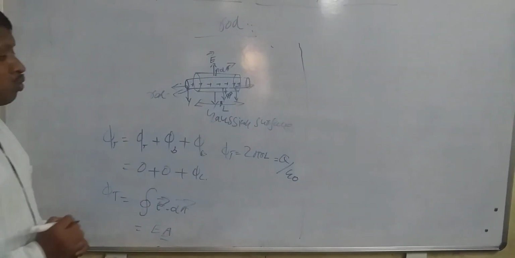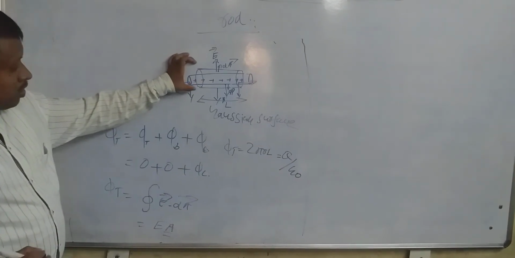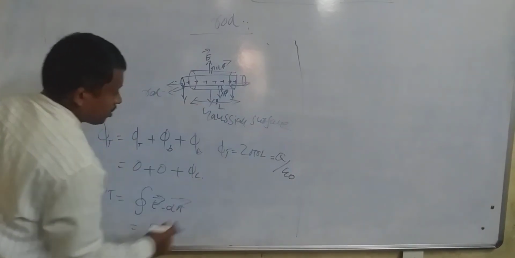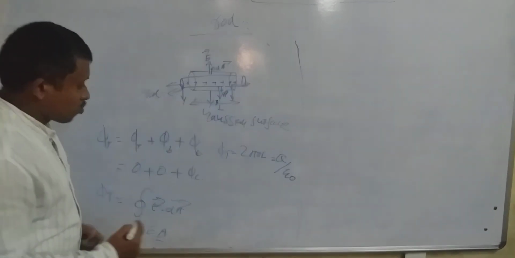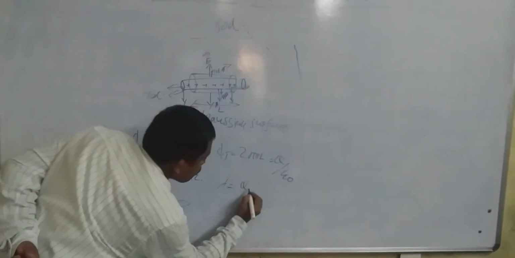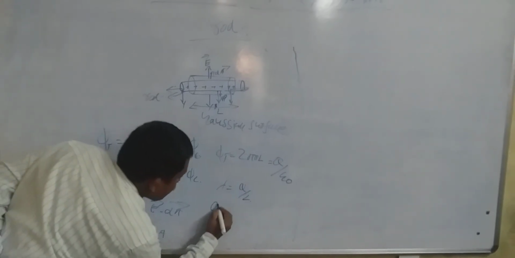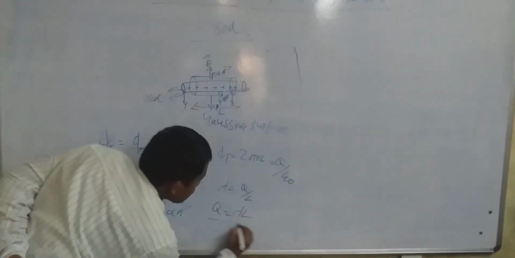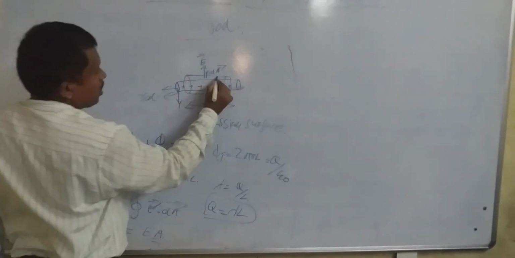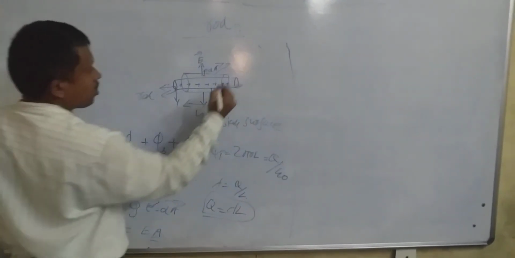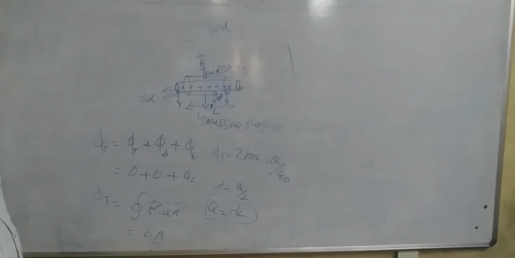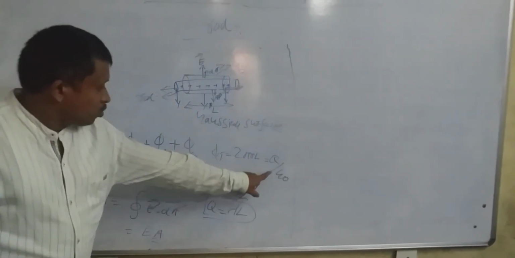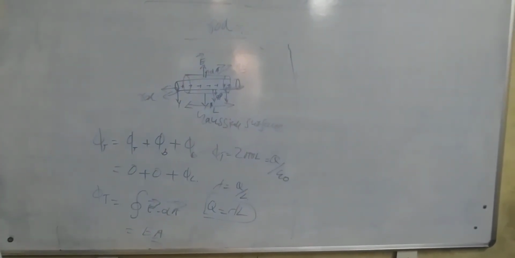How do we find the total charge? That's why we are using the linear charge density lambda. Linear charge density lambda is equal to Q by L, so Q is equal to lambda times L. So the total charge enclosed by the surface is lambda times L, where lambda is nothing but the linear charge density. Then I am going to apply it here.